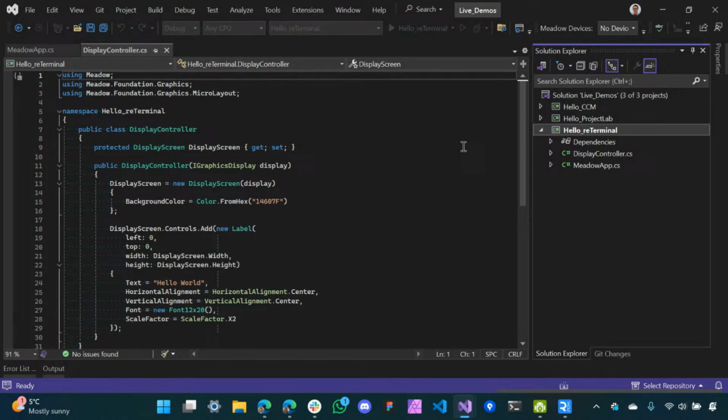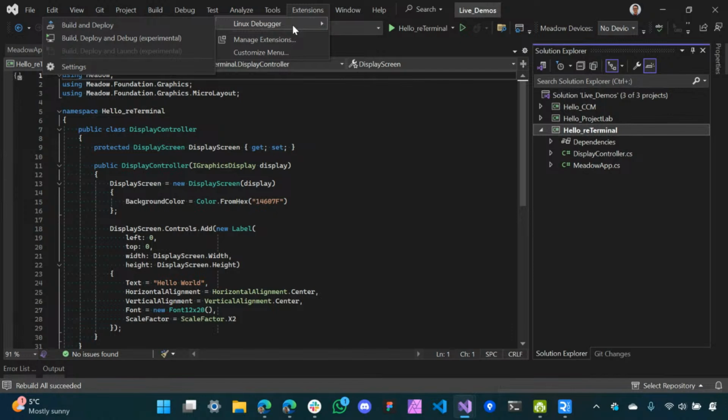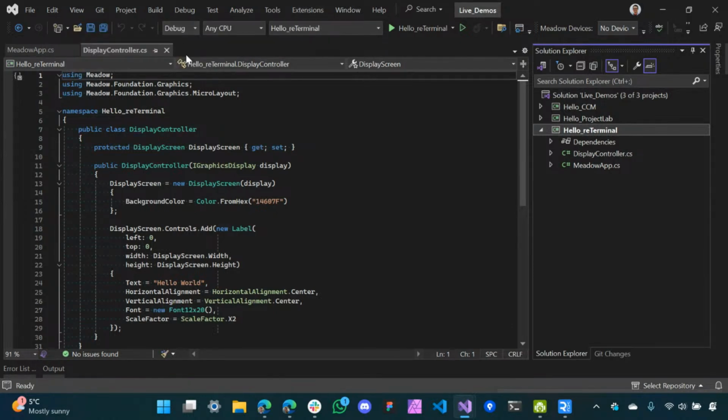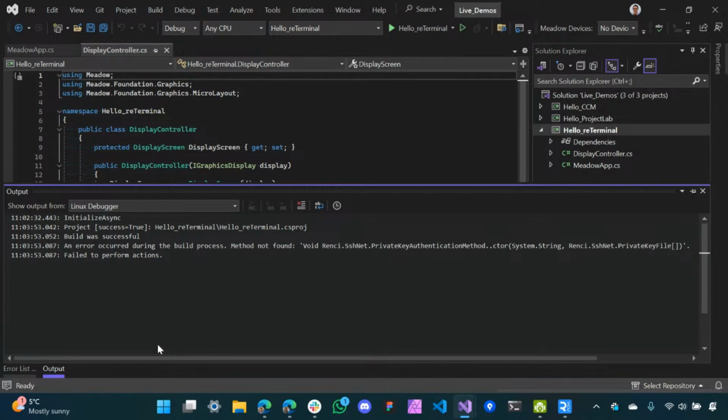I don't think I need to build it because I think the Linux debugger will do it. If I do extensions, Linux debugger, build and deploy, see if this will work. I probably don't have it. I think I don't have it configured for this demo. I think I have to